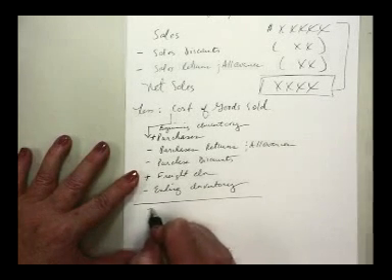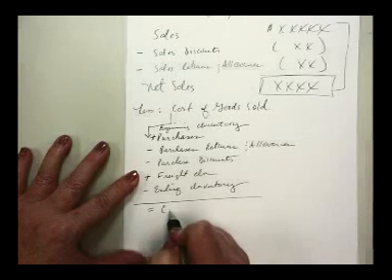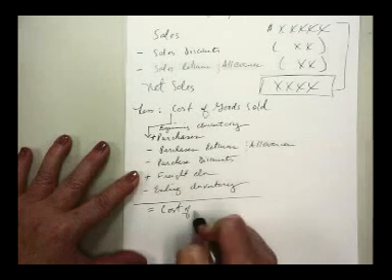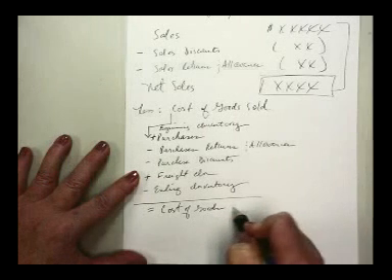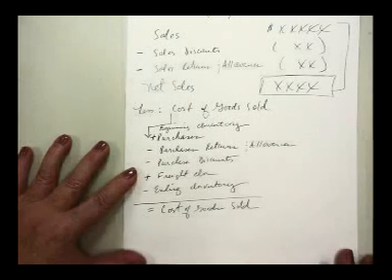Once we add and subtract all of these items together, we get the cost of the goods that we're selling,